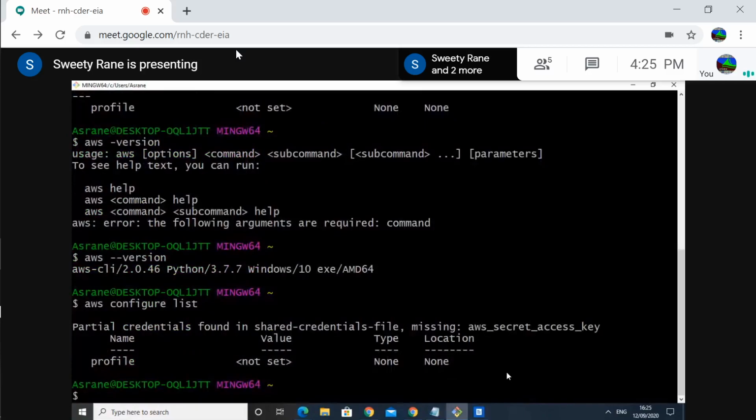Yeah, you have to repeat that step. For some reason, it says partial credentials found in shared credentials, missing secret access key. Okay, so just go ahead and repeat that step, whichever we did before. No, aws configure. It's not done properly. Something has gone missing.